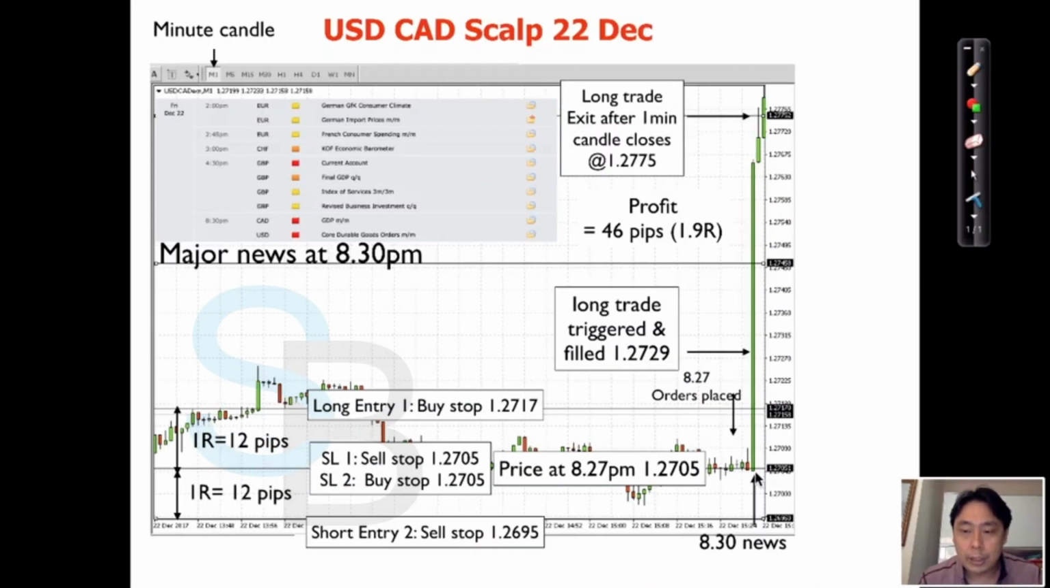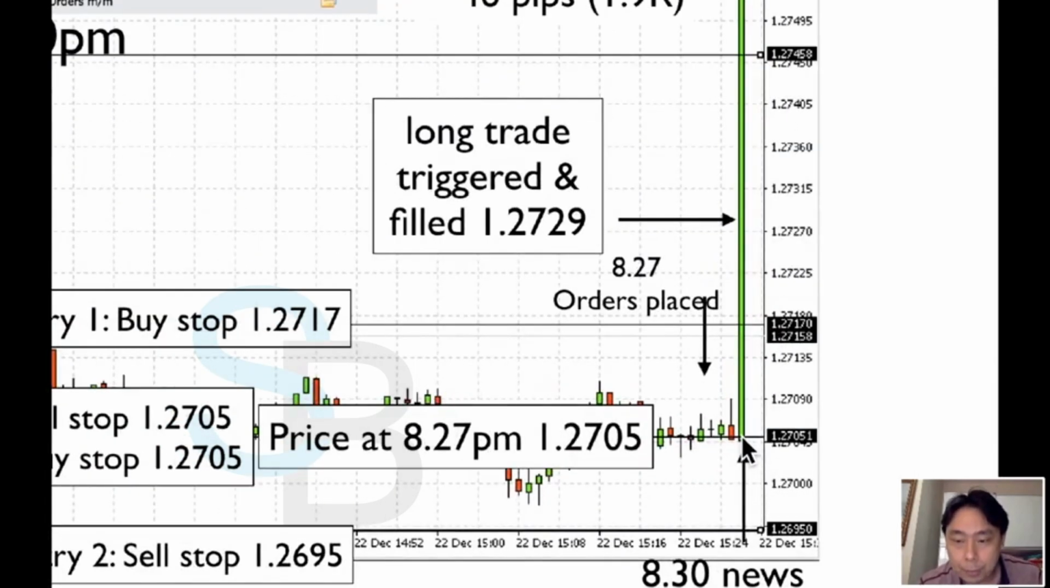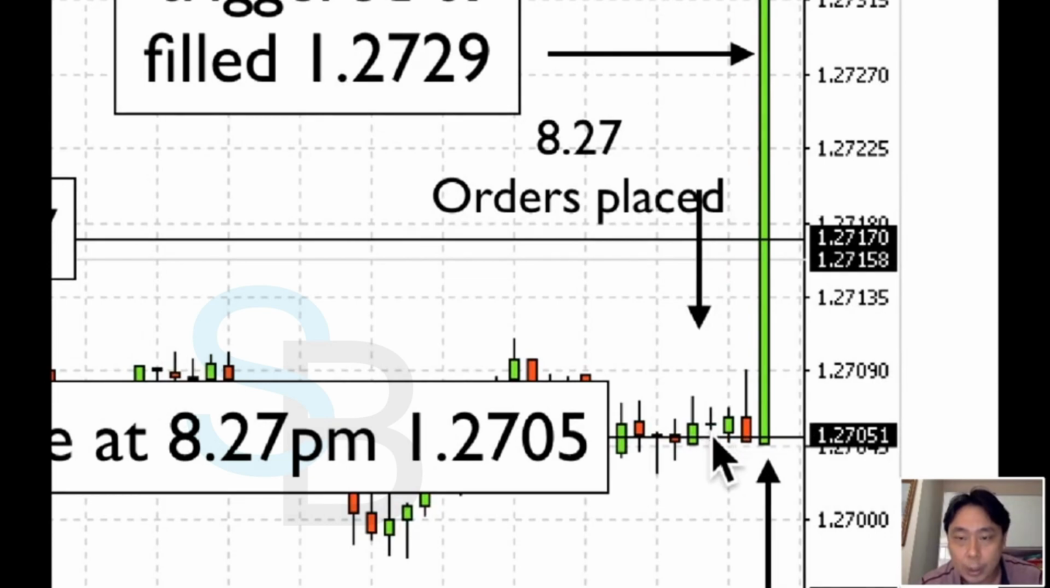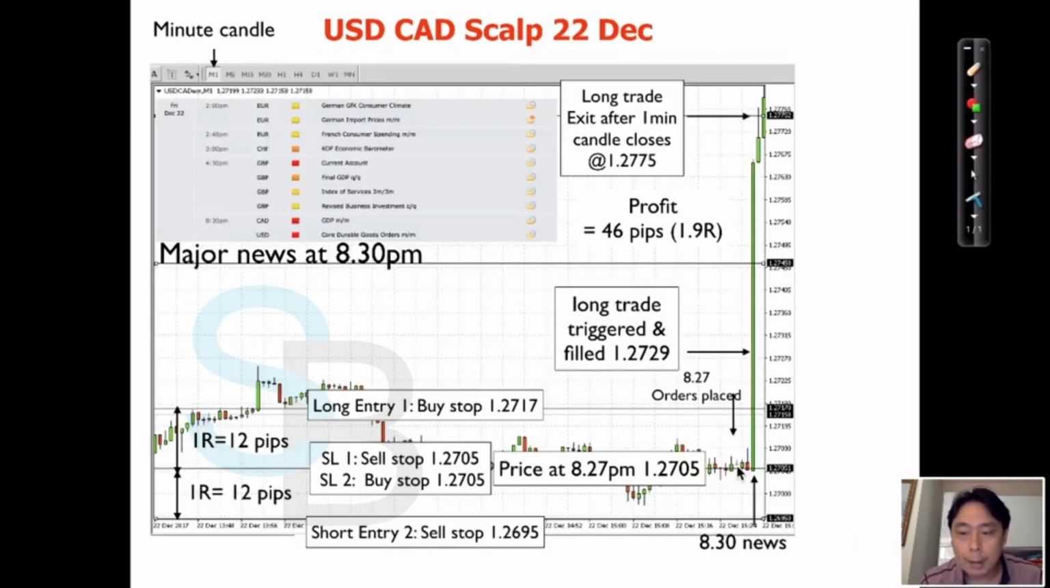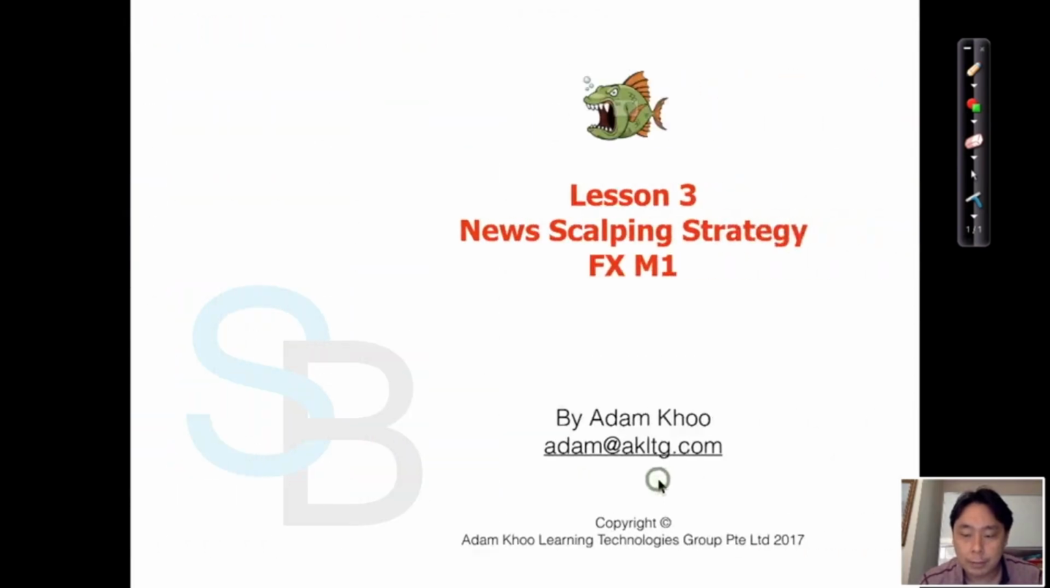Okay. So again, let's take a look. You can see this news created a major surge in the price all the way up. You see that long green candle? Again, these are 1 minute candles, right? So that's 8:30, 8:29, 28, 27. So you see this small candle here, that's 8:27. So at that point, I placed my order. So at 8:27, I saw the market price was